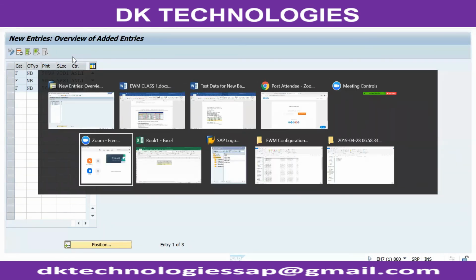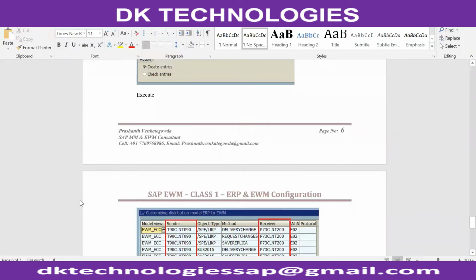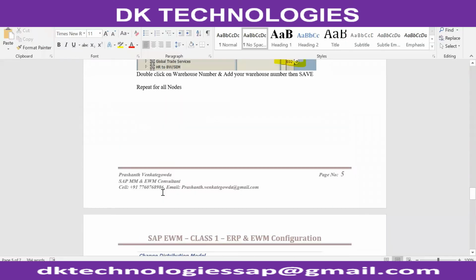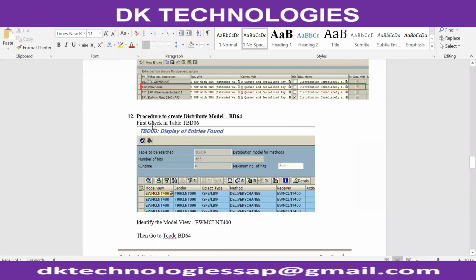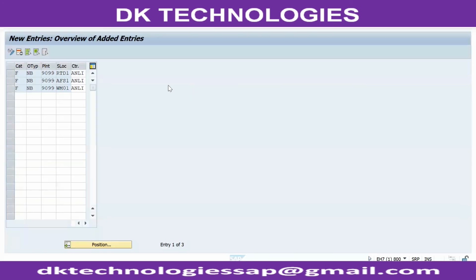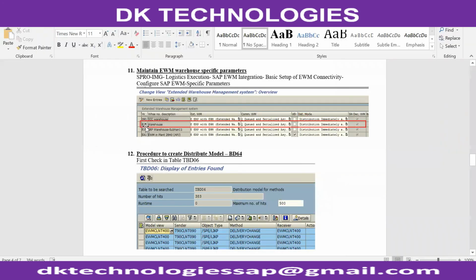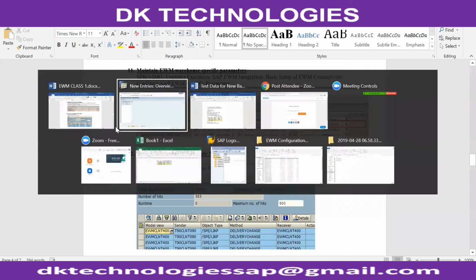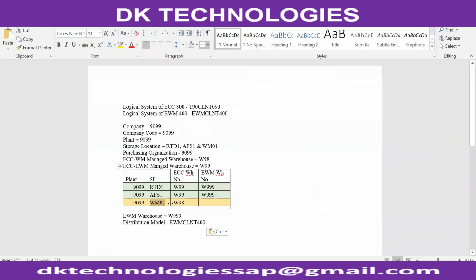The EWM specific parameters will decide. These parameters will decide whether your warehouse is decentralized or EWM. Your doubt is that only plant and storage location are there, but the EWM parameters are only for the warehouse. These two parameters are linked to the warehouse. The warehouse is defined whether it is EWM managed or WM managed.